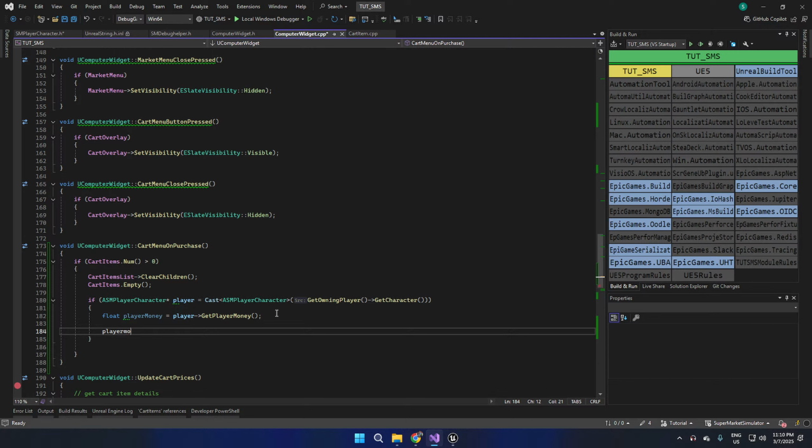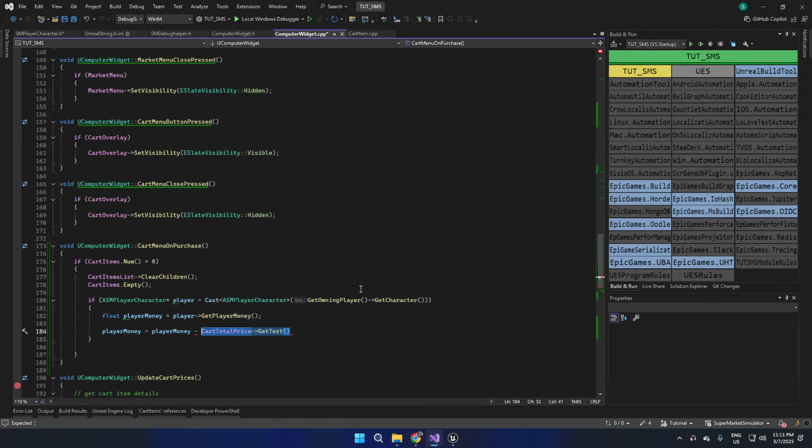So player money equals to player money minus cart. What exactly do we need? We need to subtract of cart total price, not get text,